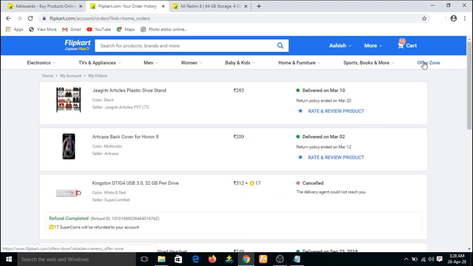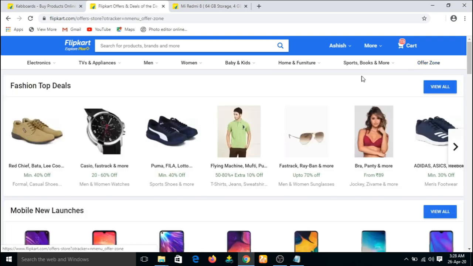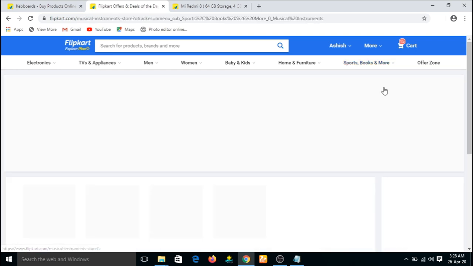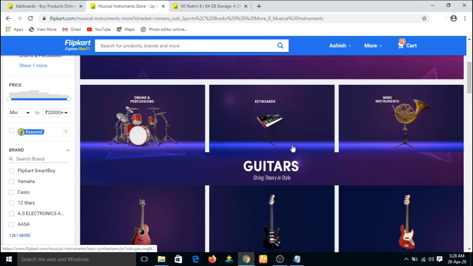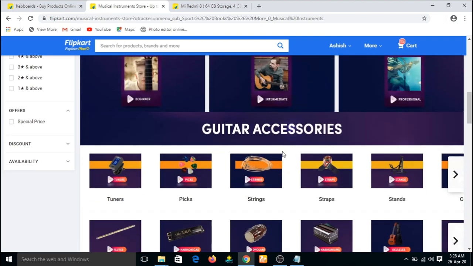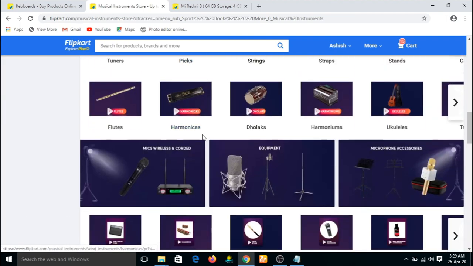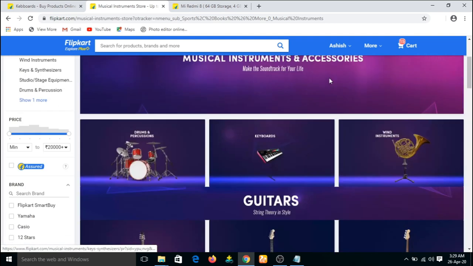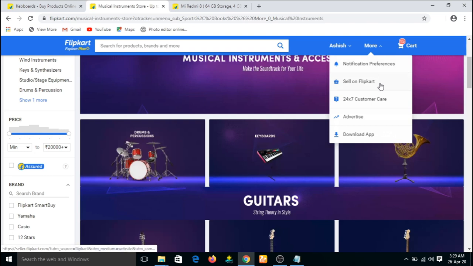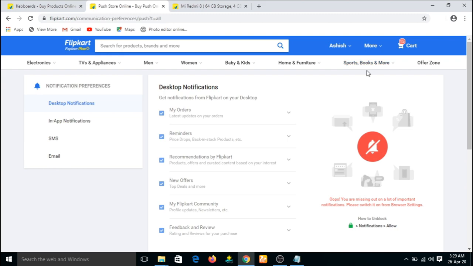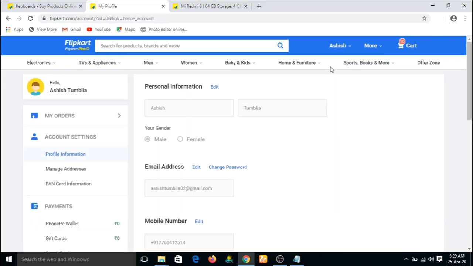After that, again go to offer zone, click on sports, then click on music instruments, check the music instruments. After that, click on more, click on notification preferences, and again click on my profile.